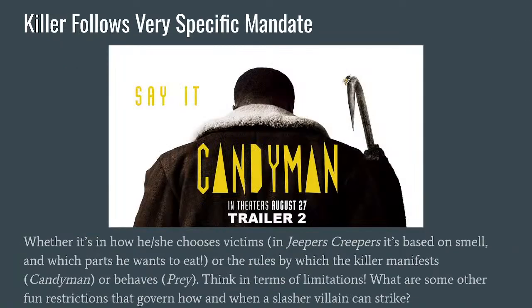The killer follows a very specific mandate. Obviously, we've seen this many times because Candyman is not a new series, and Jeepers Creepers is the other one I mentioned here, which is not exactly brand new. But in the way that the killer chooses their victims, in Jeepers Creepers, it's based on smell or which parts he wants to eat from that person, or the rules by which they manifest. Like in Candyman,